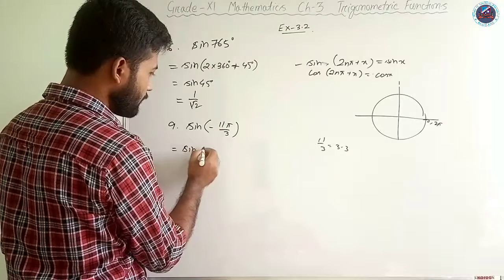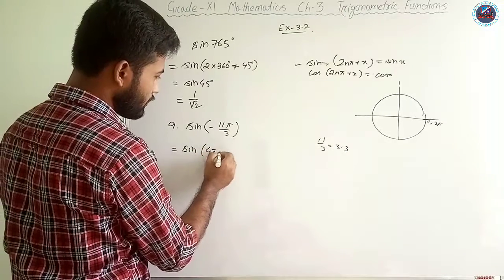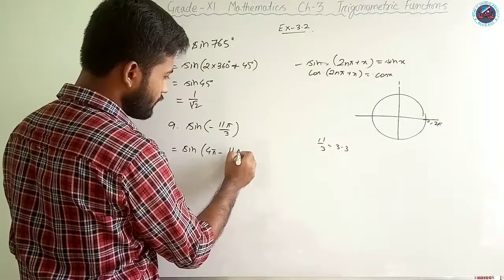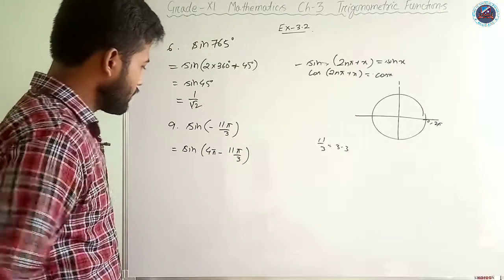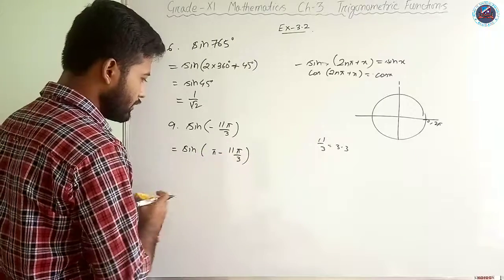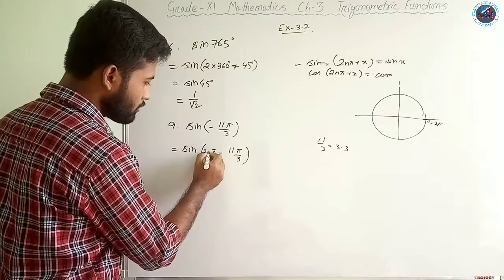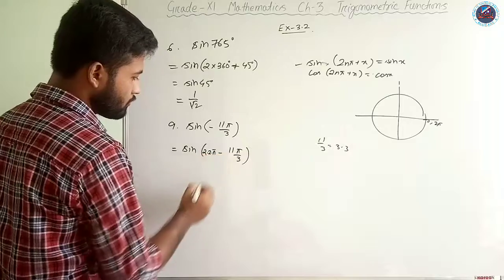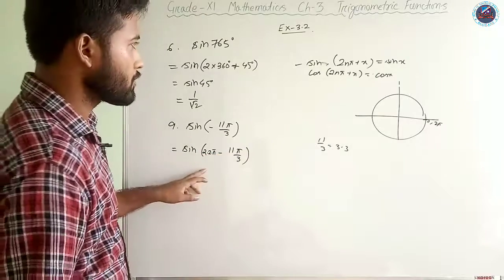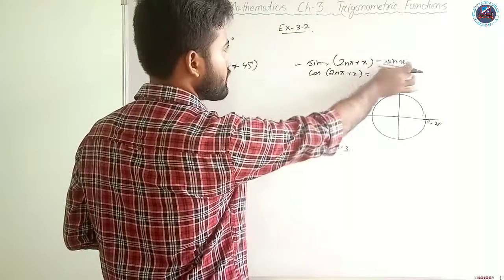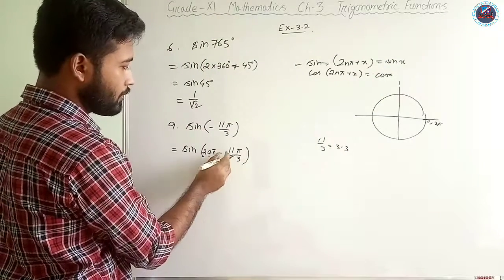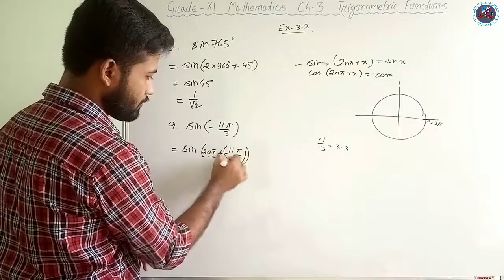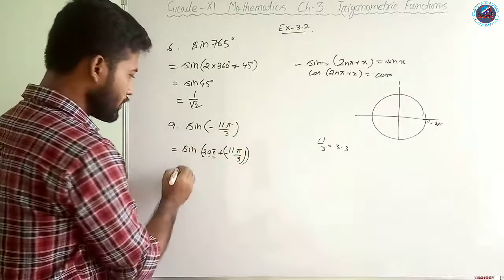Now if I am able to write a 4 pi here minus 11 pi by 3, we can write it or not. Like in place of 4 pi, I write 2 into 2 pi, because you see sine of twice n pi plus x is equal to sine x. So from there I can